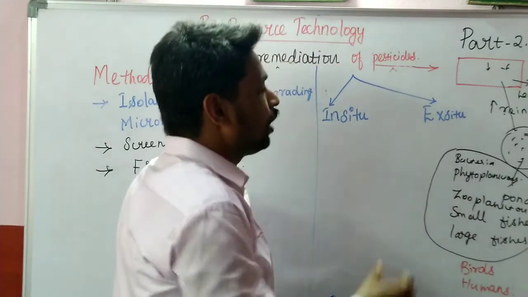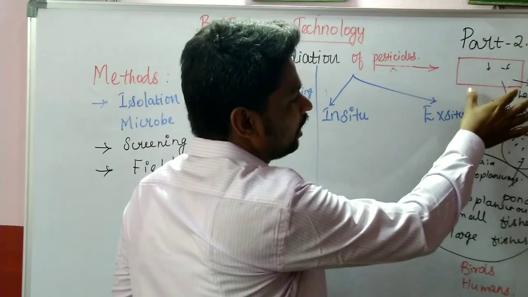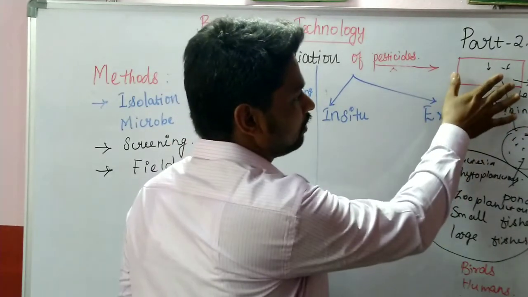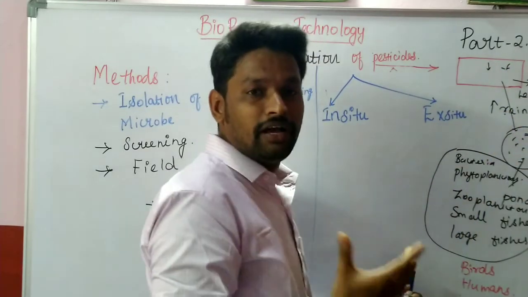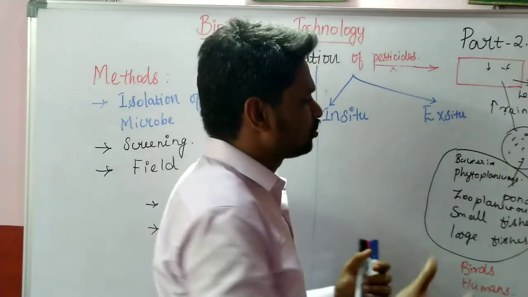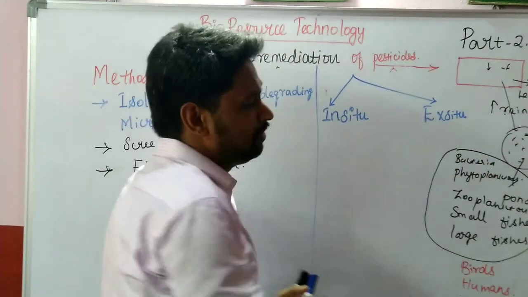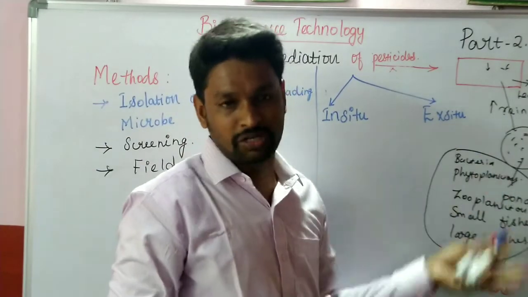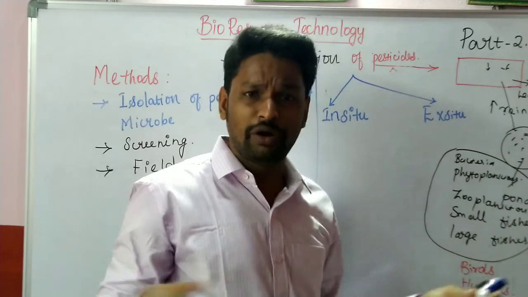Okay. So now we can come to our topic. So this is an agriculture area where we are using our pesticides. We are applying our pesticides here. Due to the heavy rainfall, which naturally occurs in all areas, the applied pesticides will be leached out and collected in a particular area. That is nothing but a pond. It might be a river, or it might be any aquatic stream.